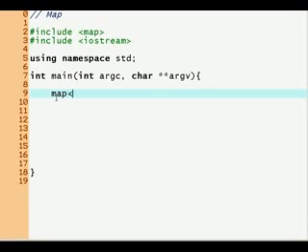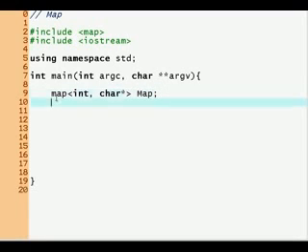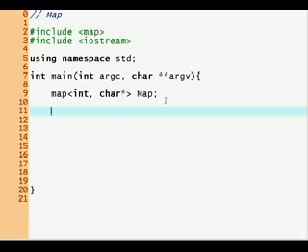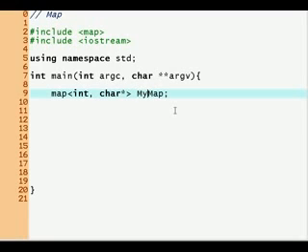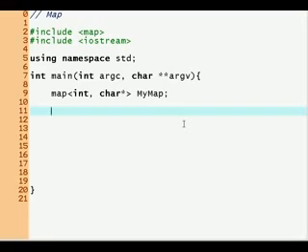So map, and it's a templated class, so we need to specify parameters. The first parameter is the key type, which is going to be an int in our case, and the second one is the value type, which is going to be a character pointer, basically just a string, but a C style string. And we're going to call it, let's see, just capital map? Or if you want to separate them, let's call it my map, because that's easier. And so now we can do this. My map